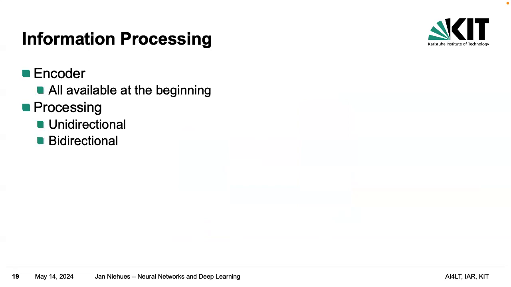one last thing, and that is how we're doing the information processing. And there is again the difference between the encoder and the decoder. So if we're thinking about the encoder, we said the nice thing is that all information is available. That has the one advantage that we can do things in parallel. So we can process everything directly in parallel. But it has also another